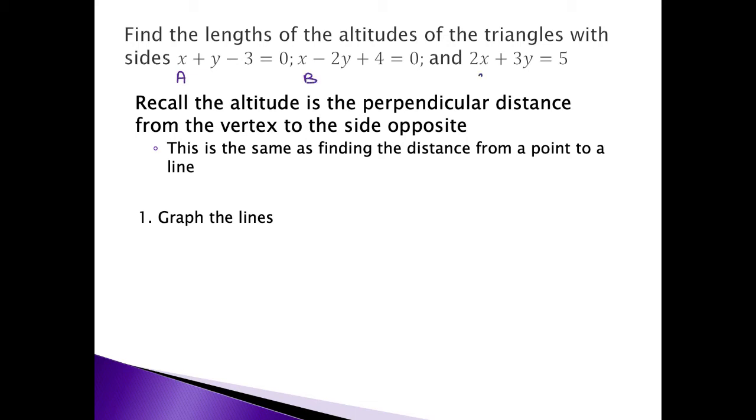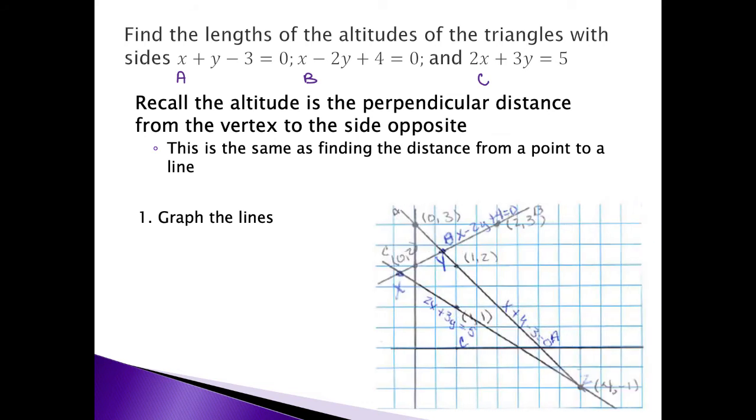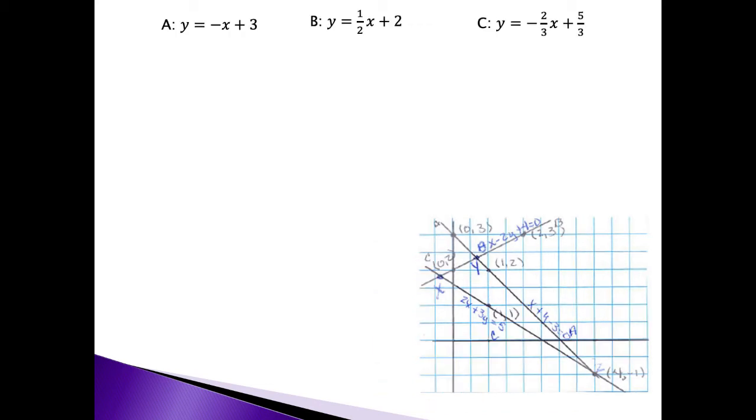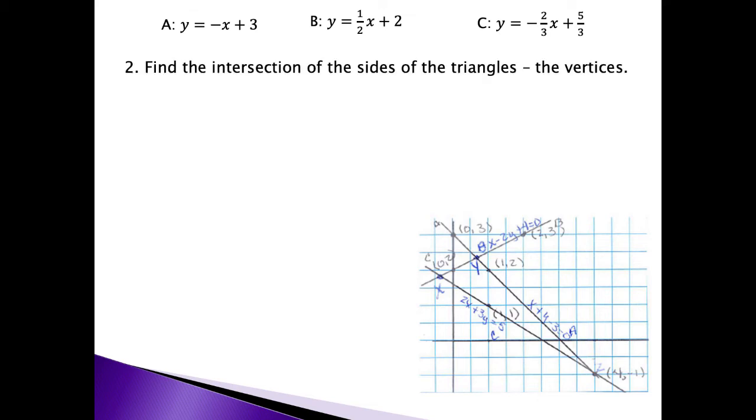So I'm going to label the lines A, B, and C. Then when I graph them, I have line A, B, and C. Next, I'm going to use my lines A, B, and C with my graph. Now I need to find the intersection of the sides of the triangle so that I have the vertices of the triangles. So I'm going to find the vertex Z, which is the intersection of A and C, line A